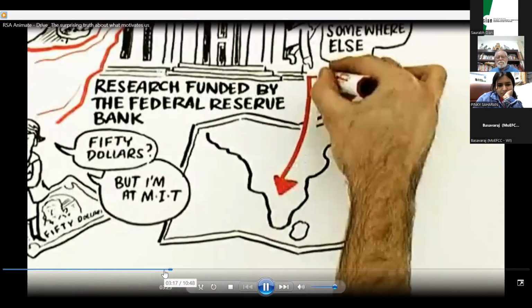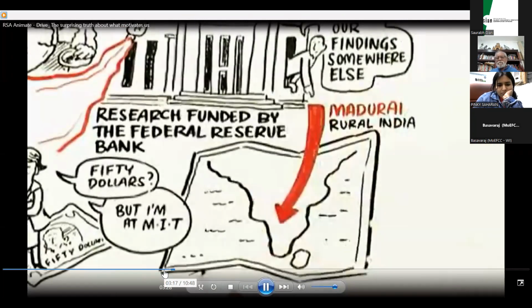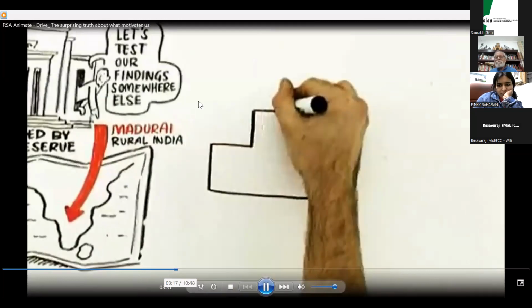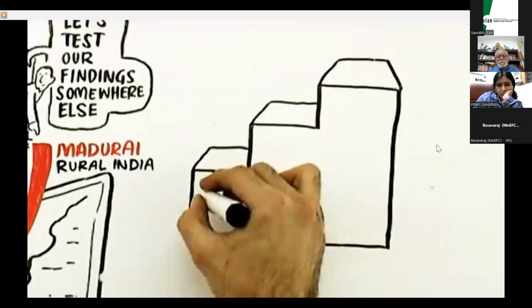Right, so let's take the experiment. We're going to go to Madurai, India, rural India, where $50, $60, whatever the number was, is actually a significant sum of money. So they replicated the experiment in India roughly as follows. Small rewards, the equivalent of 2 weeks' salary,